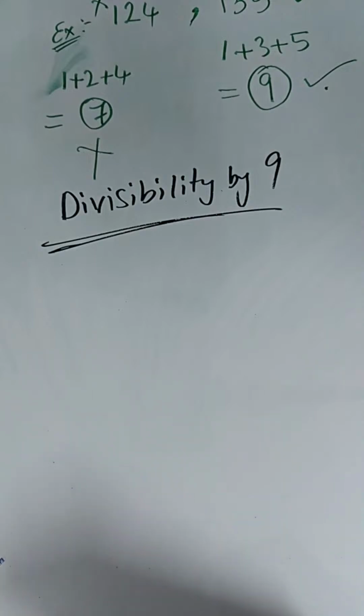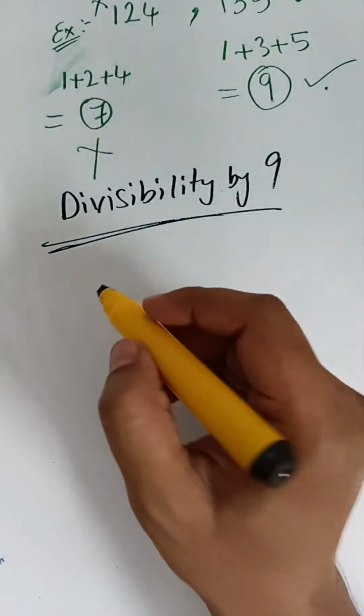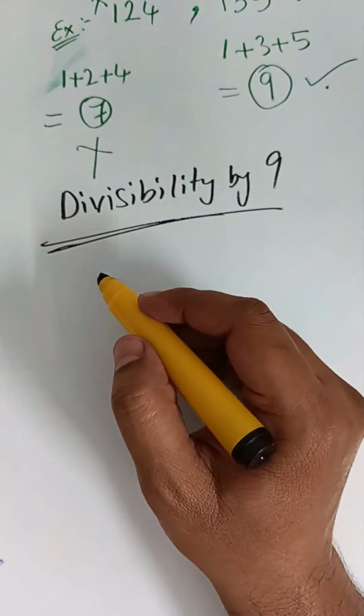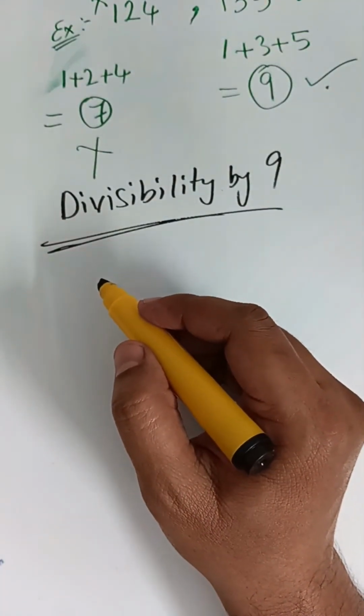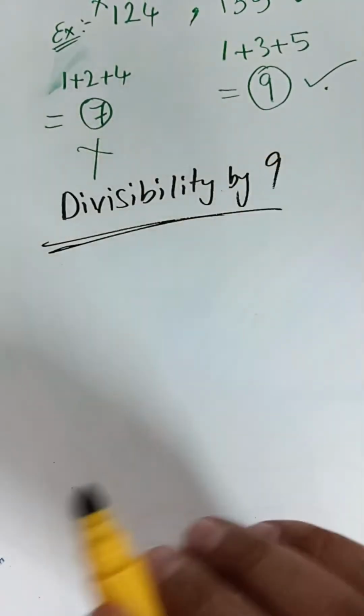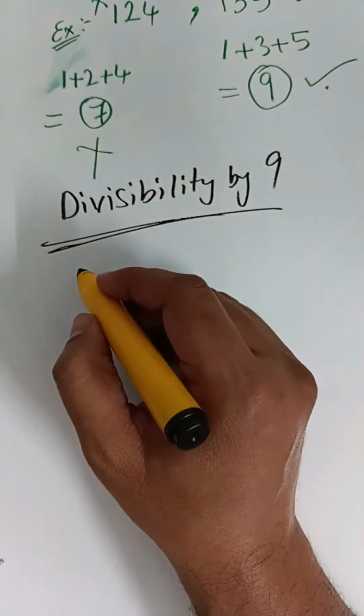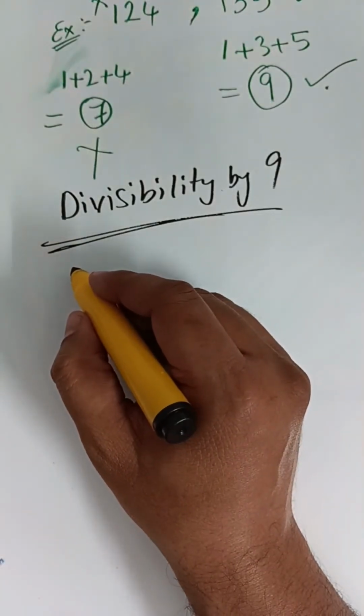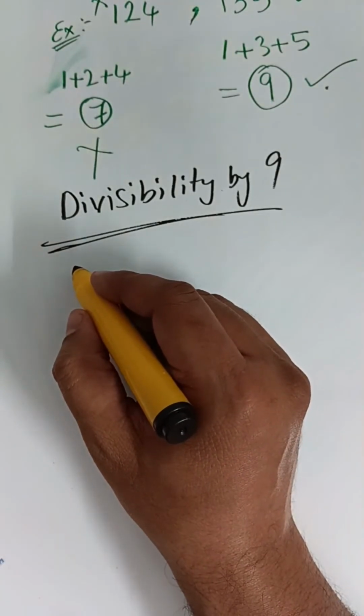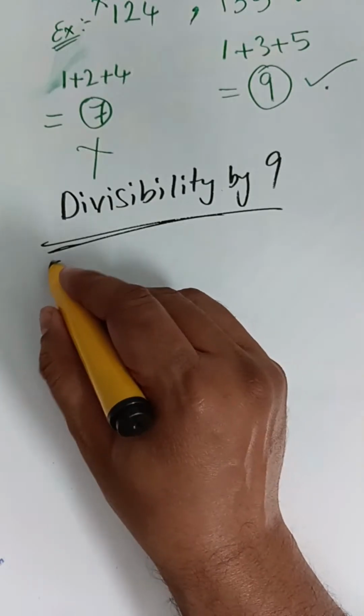In this also, a number is divisible by 9 only when the sum of its digits is divisible by 9. Similarly like 3. Okay. If suppose I say, for example,